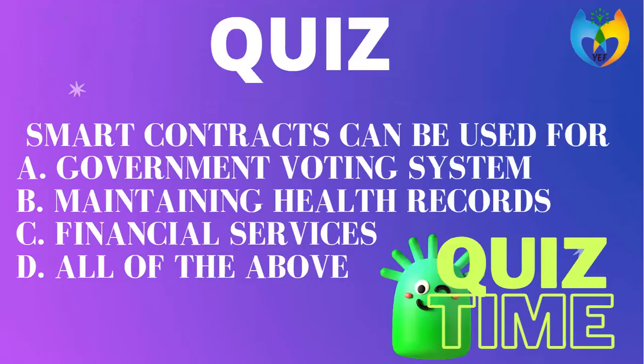Okay. So let us have a quiz session. For the first question for all of you to answer: smart contracts can be used for A, government voting systems, B, maintaining health records, C, financial service, or D, all of the above. Please mark the answers in your chat box, please,